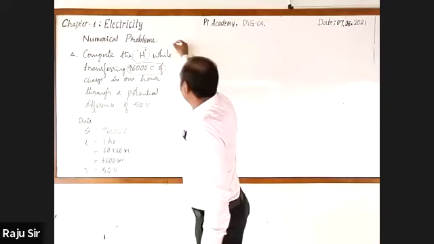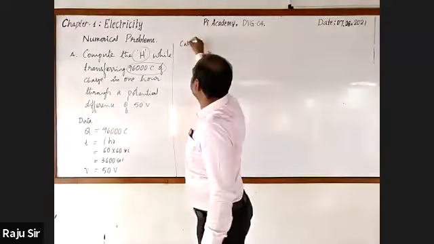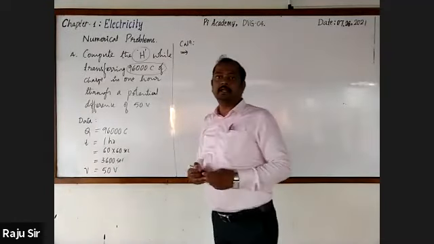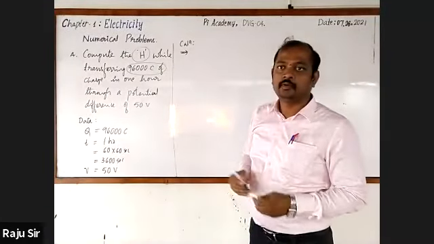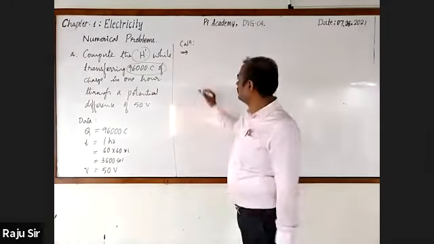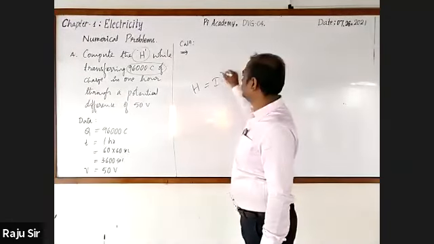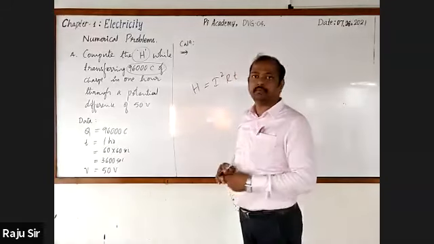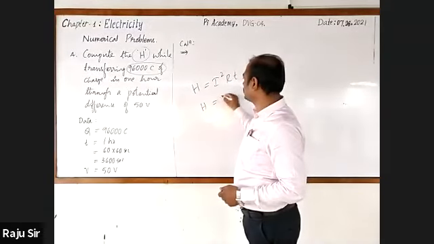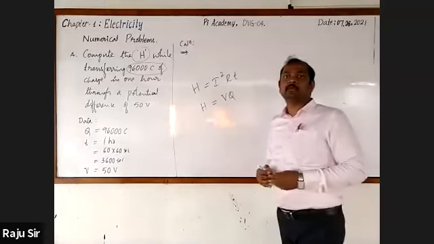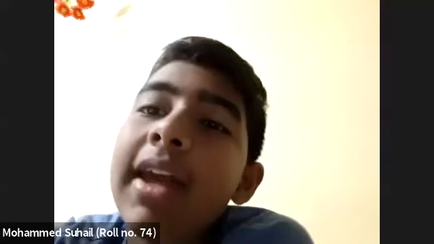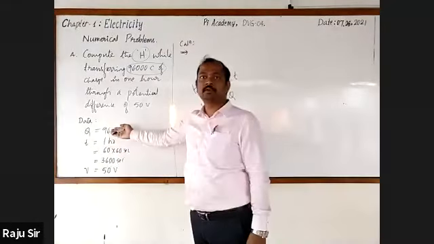Let's go for finding heat energy. Dear students, just observe. We have two formulas. H is equal to I square into R into T. And H is also equal to V into Q. Which of these two can be used? Sir, we can directly use the second one, H is equal to V into Q, because we know that voltage as well as quantity of charge.